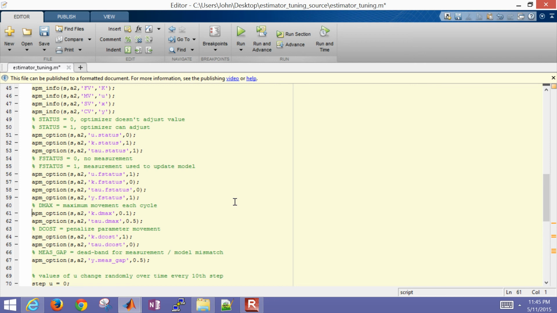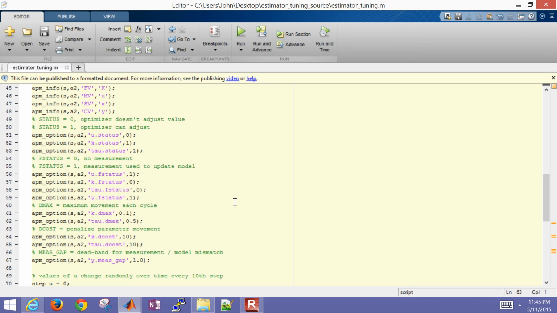It won't fluctuate as much. The other thing I can do is I can penalize movement of those parameters with DCOS. I can also adjust my measurement gap. So if I increase it, I might say, well, I really only want to match large deviations of my model,